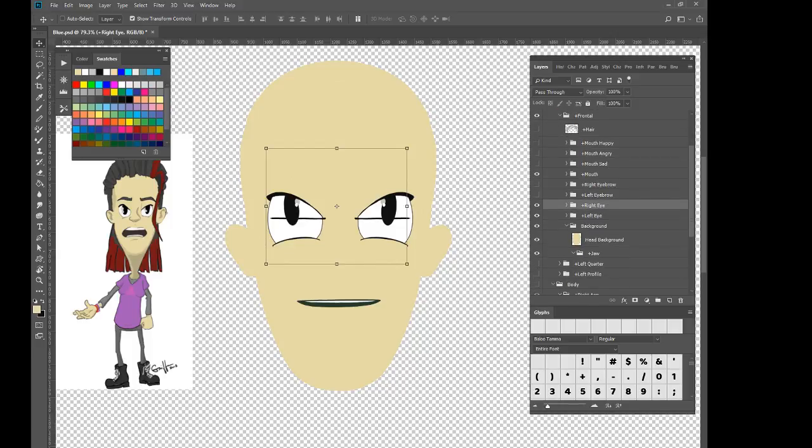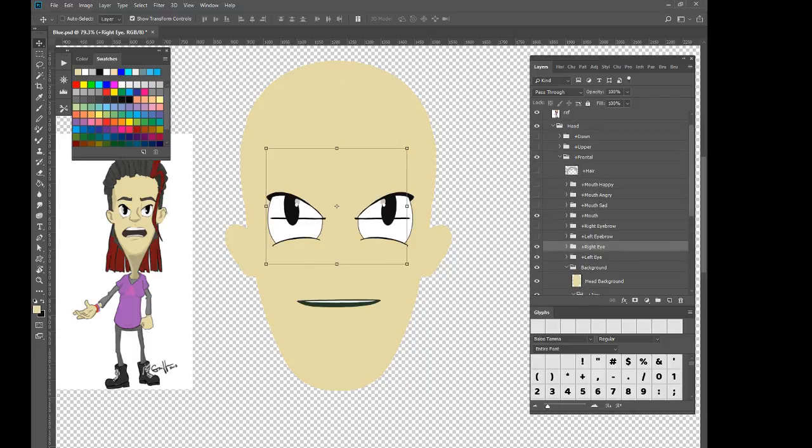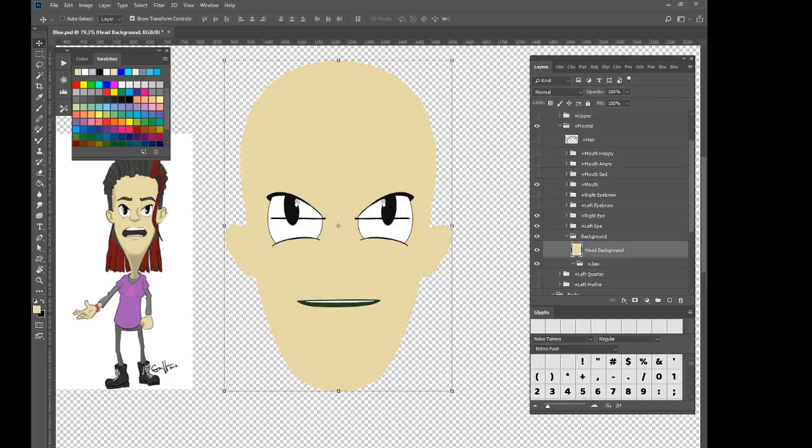Let's see. So this is all grouped up. Like here's the front view, and that's a group. And then it's got all these subgroups for the eyes, the background layer. I would swear I had, oh, you know what? I drew the nose. I'm gonna do that differently. I'm gonna make a nose layer this time. And I think when you call it plus nose, then